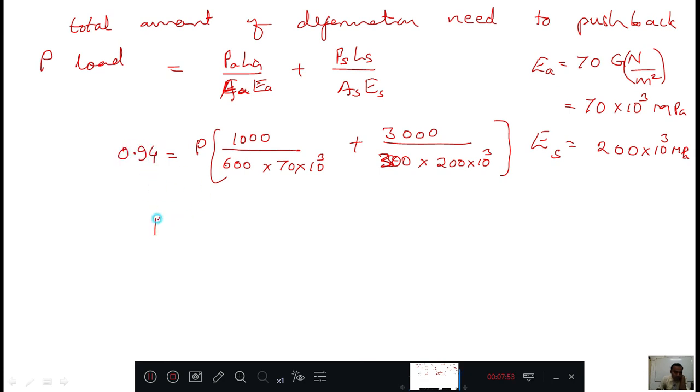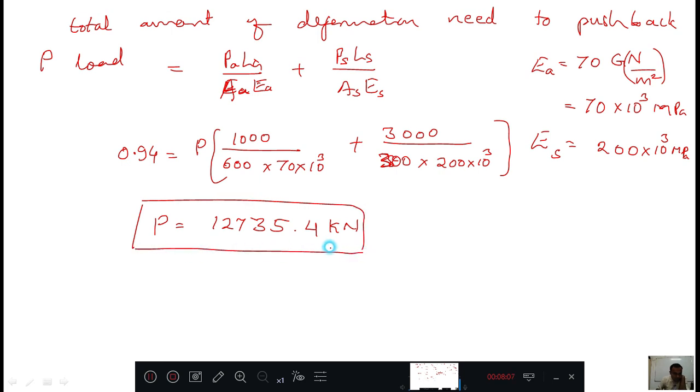From this simplification I will get P equal to 12735.4 kilonewton. This much force is required to maintain it in the fixed position if it freely expanded by the temperature. Okay. Next,